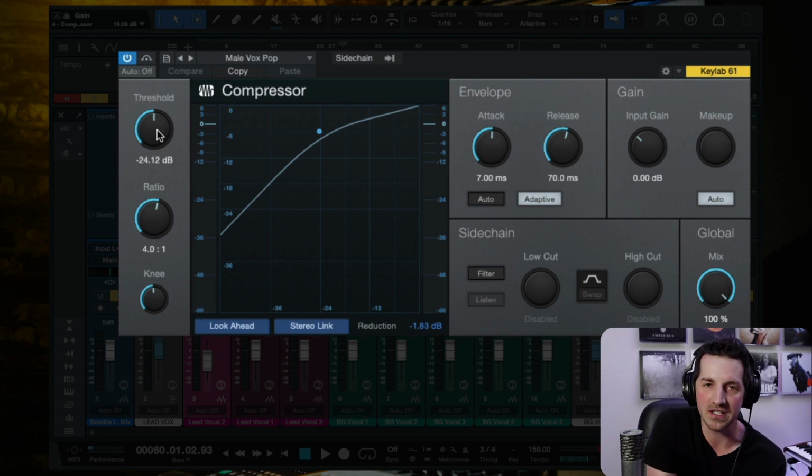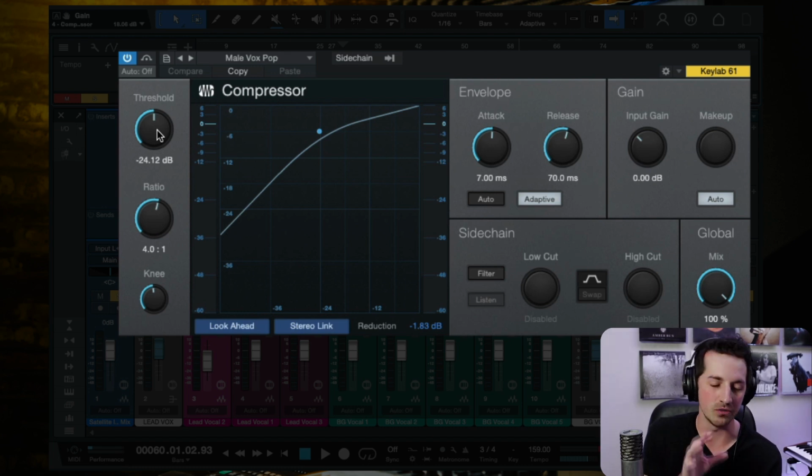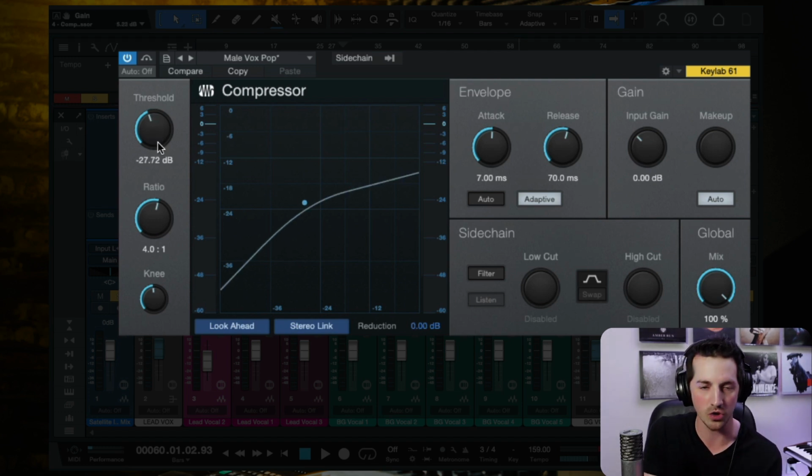Whoever made this preset has no way of knowing what the volume level is of the track that you are adding this compressor to. And so, sure, you can 100% experiment with compression presets. What you cannot do is ignore the threshold. You need to every time come in and make sure that the threshold is in a good place. Because again, if the volume is super low like it is now,